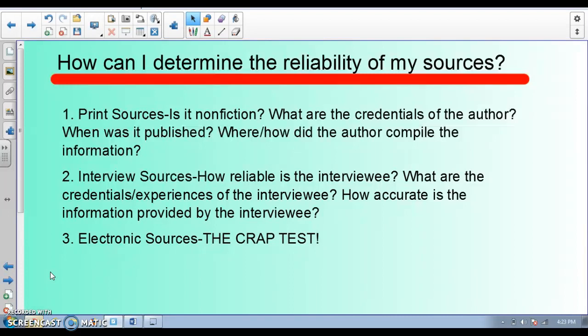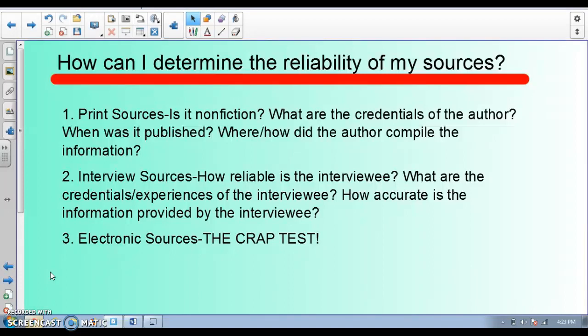Then for interviews, how reliable is the person that you're talking to? What are their credentials? How did they experience this event? What all did they experience of this event? And how accurate is the information that they are sharing with you whenever you stack it up or compare it to what other people's accounts of it are? So that will help you determine the validity of this source that you're using. As far as the internet goes,